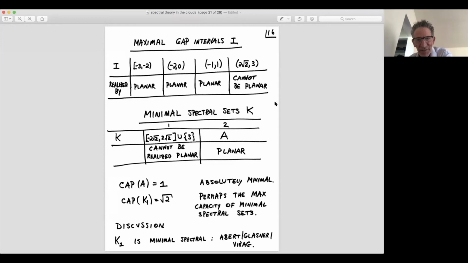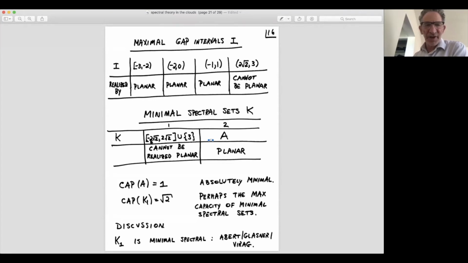And then minimal spectral sets, which are not intervals. We have the set A that I just described, which has capacity equal to 1 and is minimal. We have a proof that it's minimal, not just that the capacity can't be smaller, but you cannot have a smaller closed set which is spectral for an infinite sequence of 3 regular graphs. And then there's a slight improvement here, and this is very important. I want to explain a theorem which I really love and is not well known too. So I want to explain that.